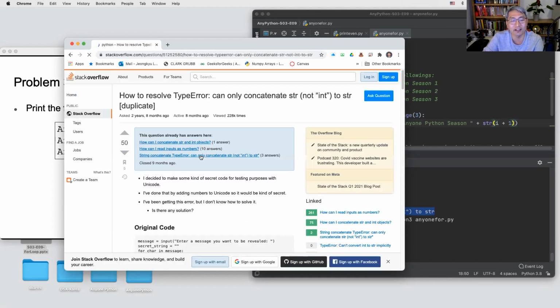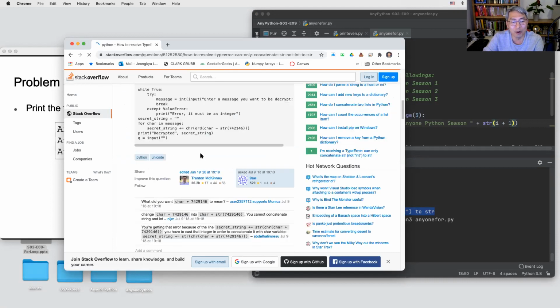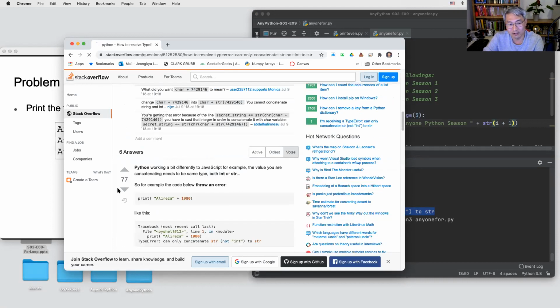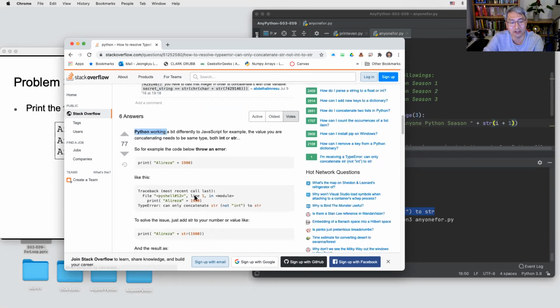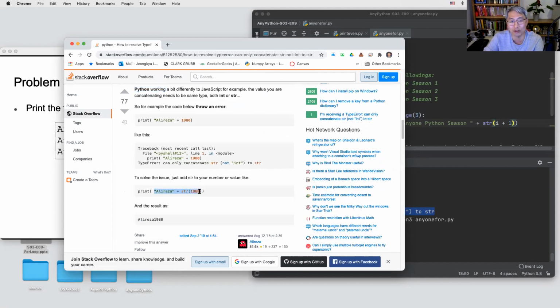Then if you click, the reference one is the answer. So Python working with the integer, you can change it like this. There might be a solution, exactly the same solution you can find. So when you meet an error, don't be shy, don't be embarrassed. Instead, copy and paste, search on Google, and click the answer from Stack Overflow. Then you will solve 99.9% of them. You will find the solution.